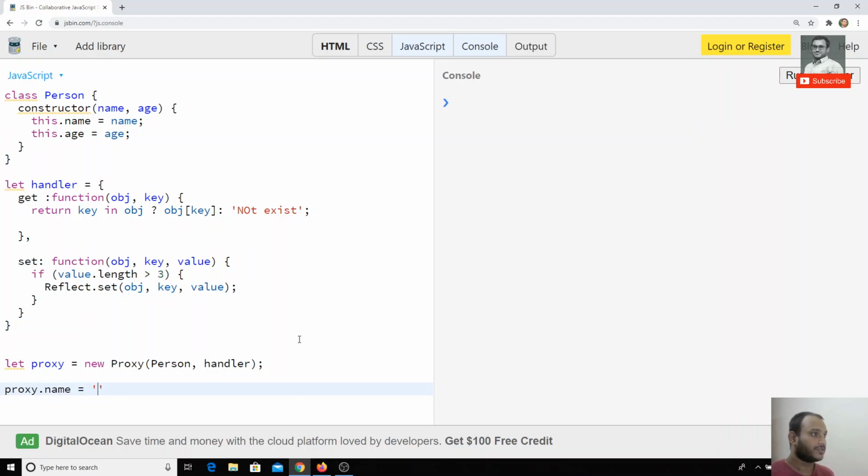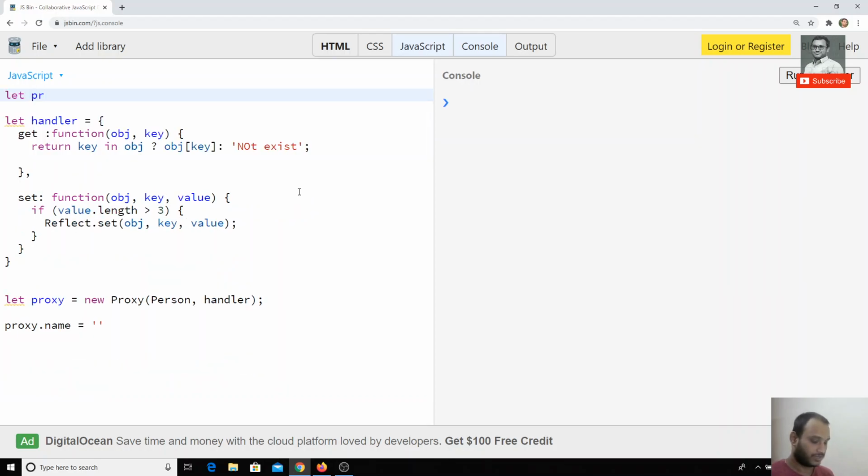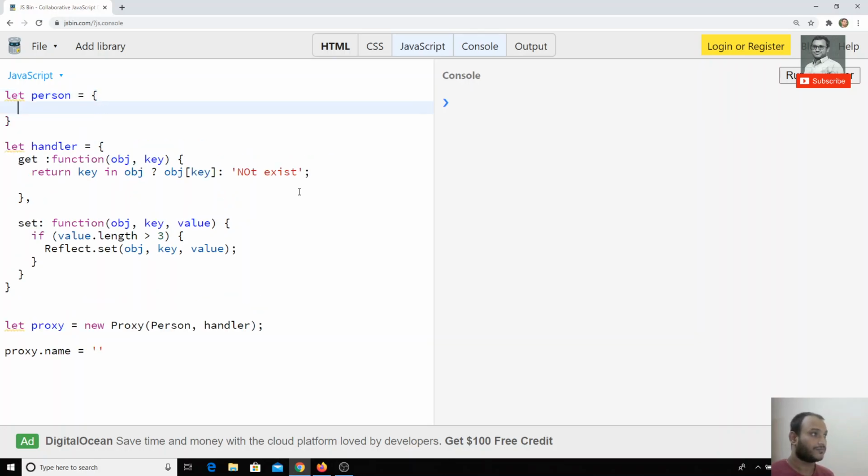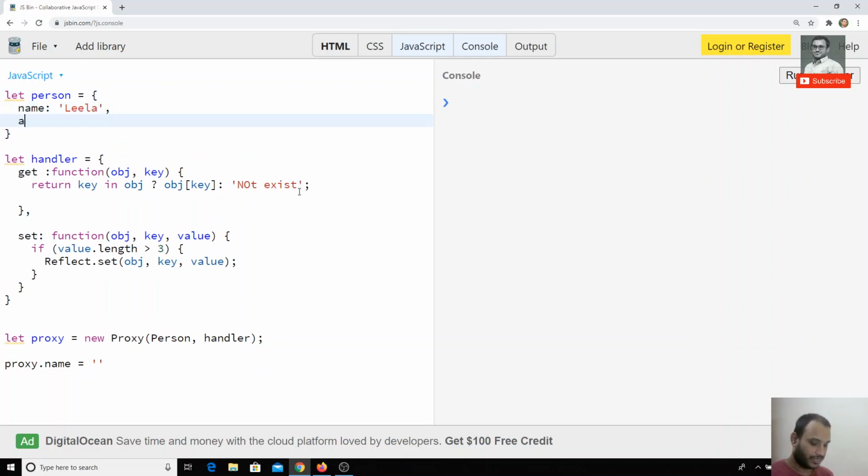something like this. Right now we have the person handler, and we try to send this one, right? Or what we will try to do is, instead of having the constructor, we will write the person. So instead of sending all the things, now person name we have is Leela. We can have person, we can have a class also. So instead of keeping the constructors, I am keeping just a simple thing. So now I created an object here, new proxy of person I am handling, and oh sorry, I need to give this person.